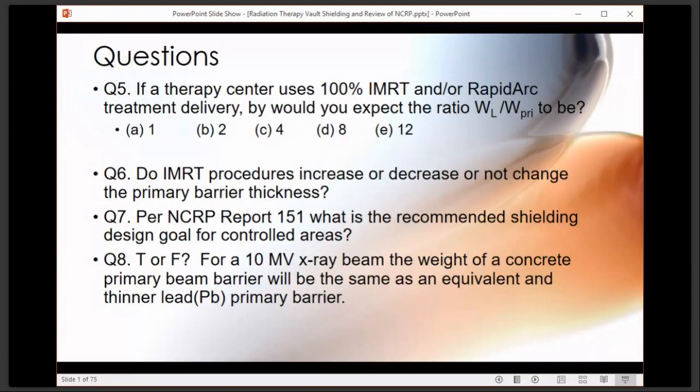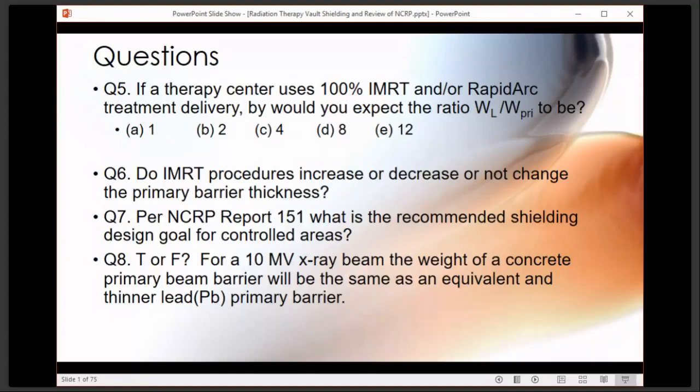Just before we go on, I want to point out question 8 down there. It's for a 10 MV X-ray beam. The weight of a concrete primary barrier will be the same as an equivalent, in terms of shielding, thinner lead barrier. Is that true or false? And the answer is